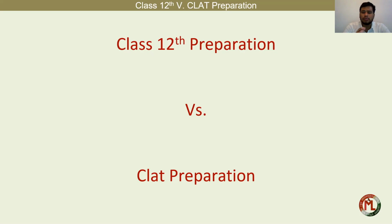So 12 hours go to your school routine, and then you are left with 3 to 4 hours. 2 hours will be taken by your normal routine. So hardly you have 30 minutes or 1 hour for CLAT preparation. In 30 minutes or 1 hour of CLAT preparation, even daily, you cannot complete the preparation, you know. And when you are going forward towards your 12th board, you have to attempt your pre-board,